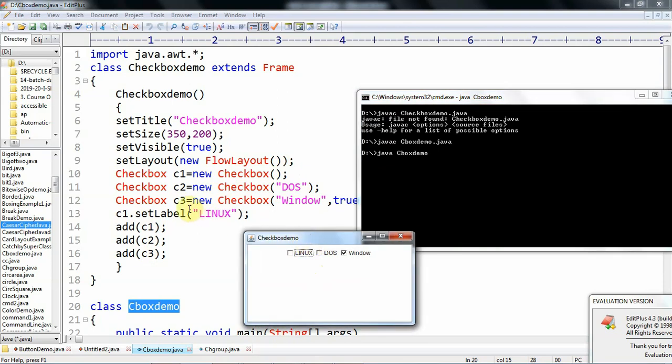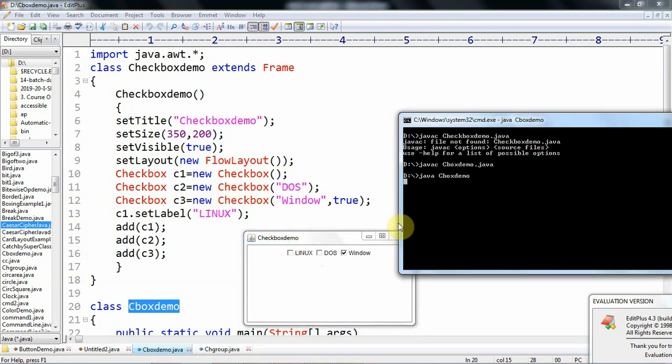And coming to third c3, the caption is Windows. Here we given the true, so that means the checkbox is checked. So like this the 3 checkboxes are created, and these may be checked like this. So that is about checkboxes demonstration.